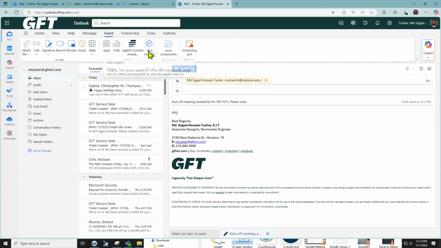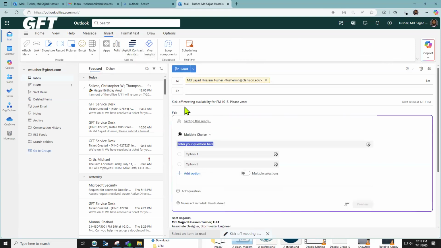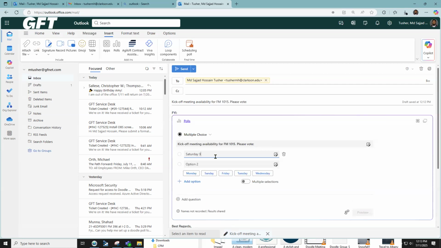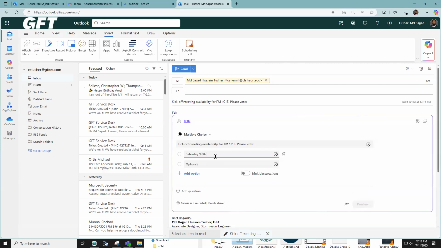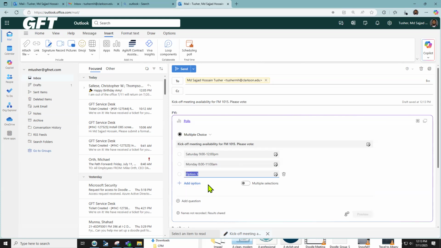Then go to Insert and you'll find Polls. Enter your question here and the options. Suppose it's Saturday from 9 to 12, 8 to 11 p.m. And if you want to add more options, like Monday